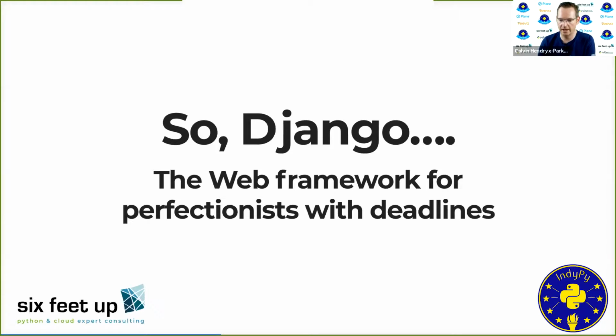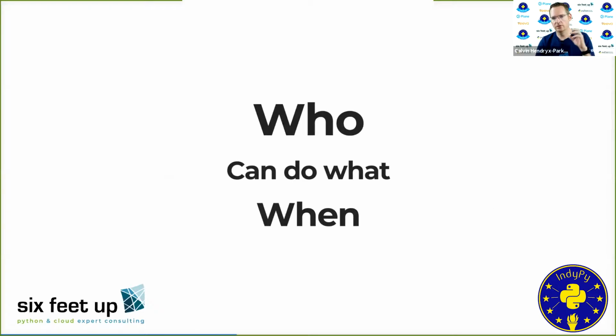So if we had a way to track who can do what and when, that would be really awesome, right? The when part's really the tricky bit. You want to be able to know at any point in time that, depending on the state of that model in your database, who can interact with it and perform what transitions. And I'll have some bonus material later about being able to actually run through it and audit that as well.